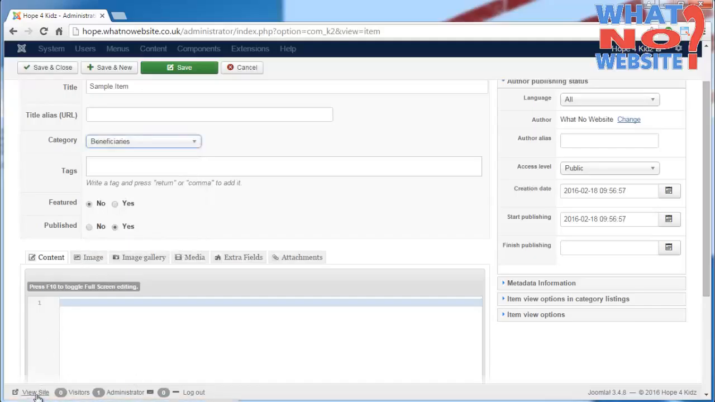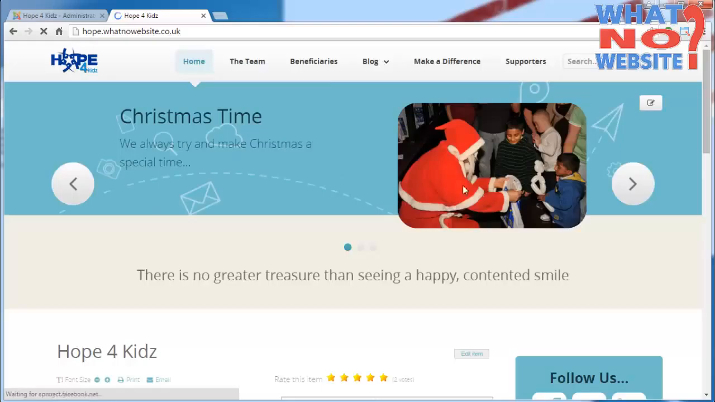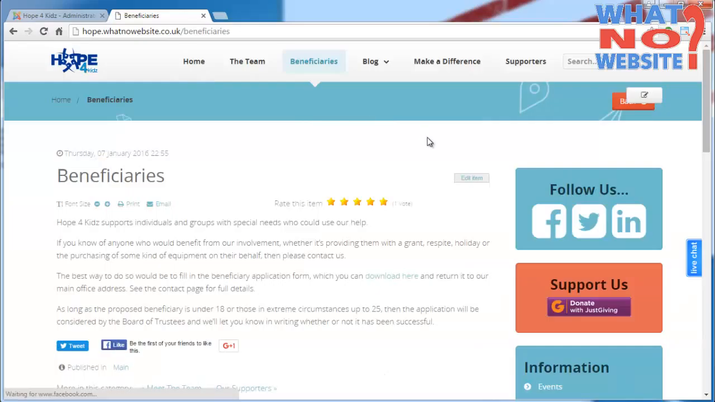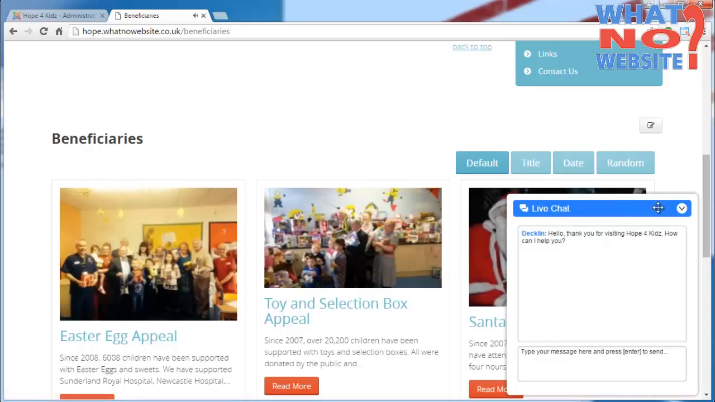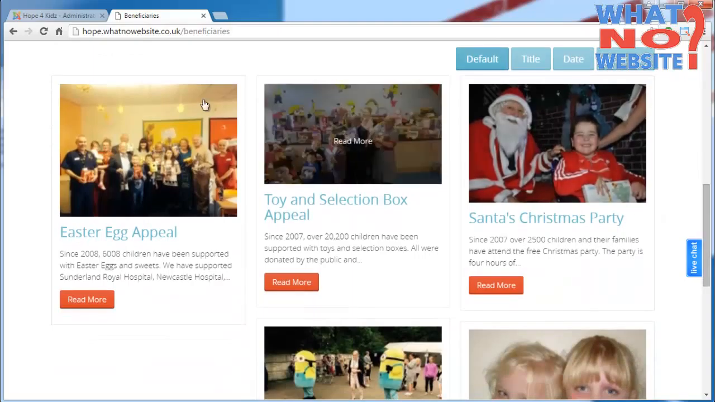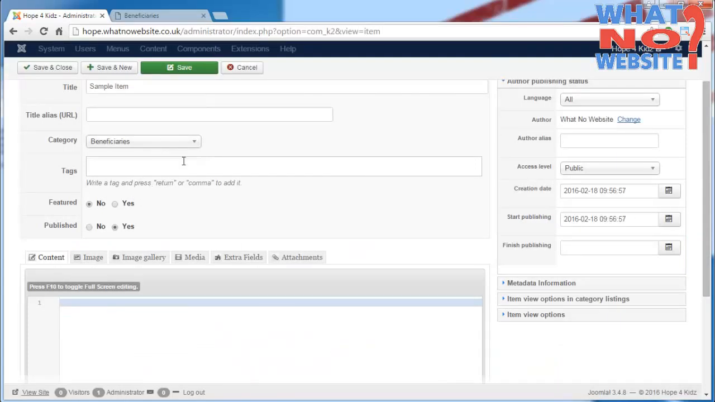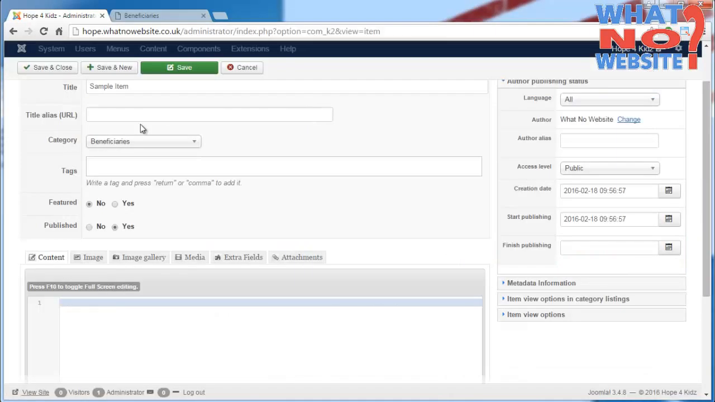So if I just open up the website and log in, and if I go to beneficiaries, we'll see that there is a navigation system at the bottom here for the beneficiaries. This navigation system, or mosaic, is automatically created by the system. So when I actually create this sample item, it will automatically load in this mosaic, and we'll show you that in a moment. So I'm going to just put some sample text in here